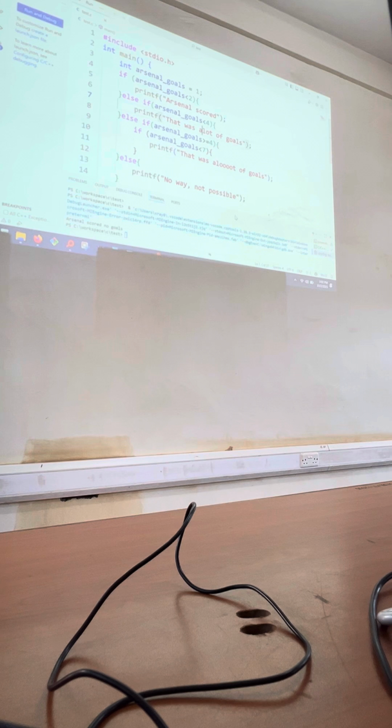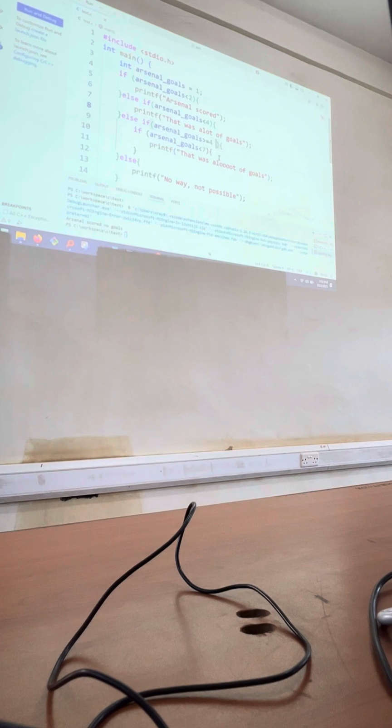Now, you can do this in one line, okay? Because what you're checking for is, are the goals greater than or equal to 4, and are the goals less than 7? Instead of having this here, and I'm going to show you that in the slides, there's something referred to as an and.